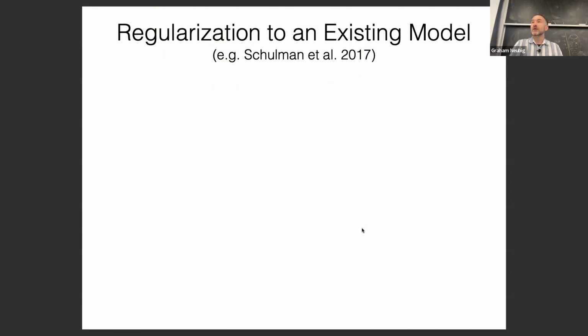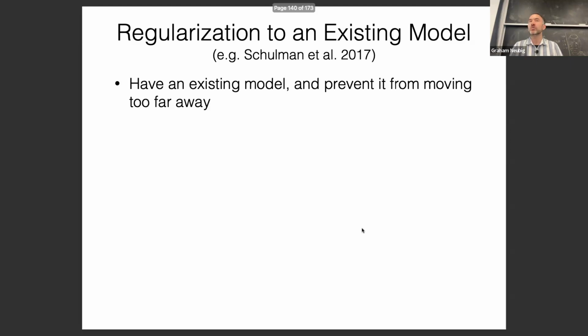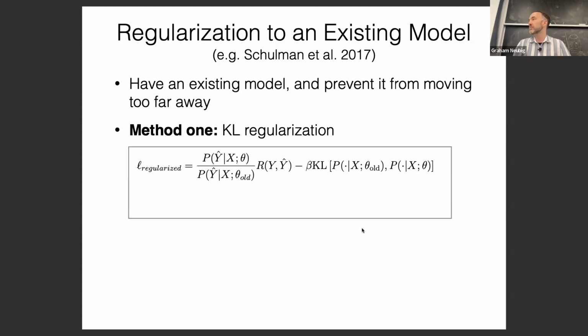Another thing that goes into most reinforcement learning algorithms nowadays is regularization to an existing model. What this means is we have an existing model and we want to prevent our model from moving too far away from the existing model. The existing model might be our best instruction tuned model. The most typical way to do this is to introduce something called KL regularization. KL regularization is basically where we have an old model